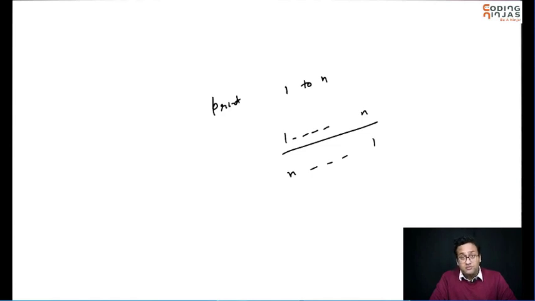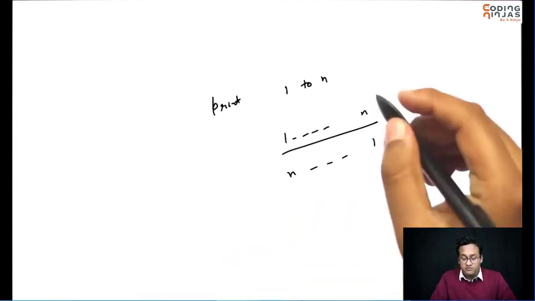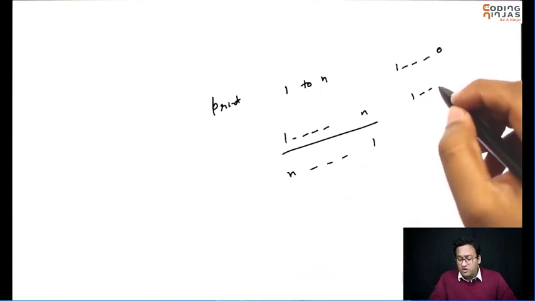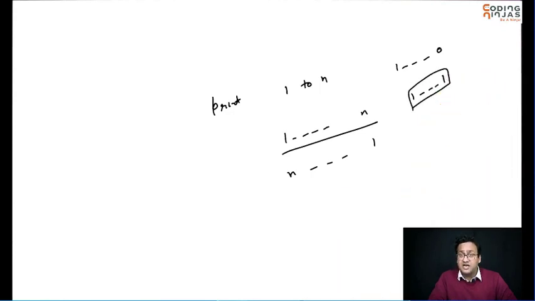Now, the base case can be either 0, in which case we don't do anything. If you ask me to print from 1 to 0, I won't do anything, right? If you ask me to print from 1 to 1, that can be another base case, in which case I'll only print 1. So we can decide whether we want 0 to be a valid input to our function or not. If you take 0 to be a valid input, I'll get a 0 and I won't print anything, because I'm supposed to print numbers from 1 to n.